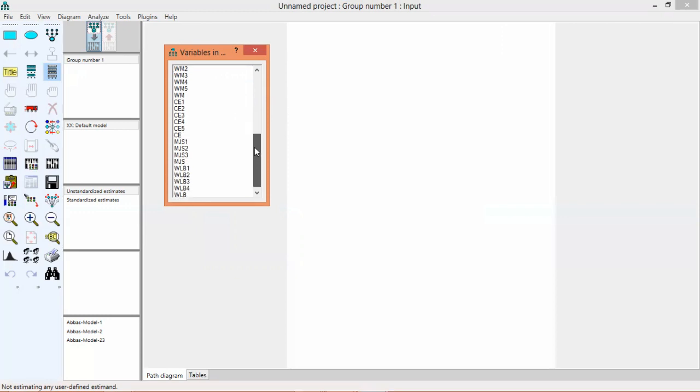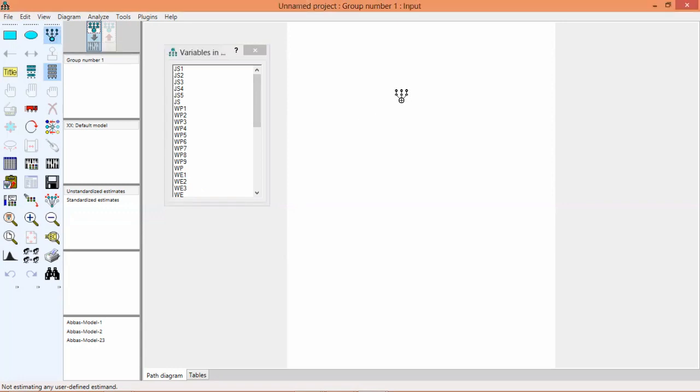So let's start. 1, 2, 3, 4, 5, 6, 7. So we have in total 7 variables. So let's draw 7 latent variables, and the maximum of the indicator variables we have is 9, and the minimum we have is 3. So on an average we have to make a 5 item latent variable. So we are going to draw the latent variables